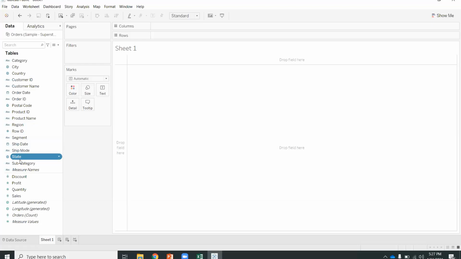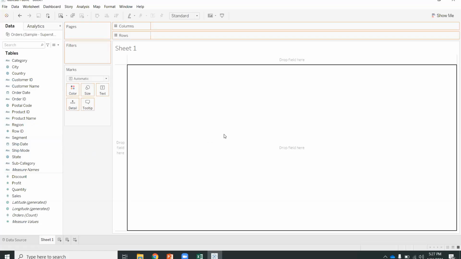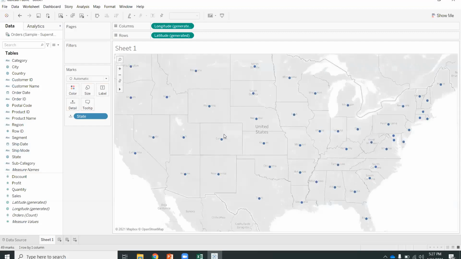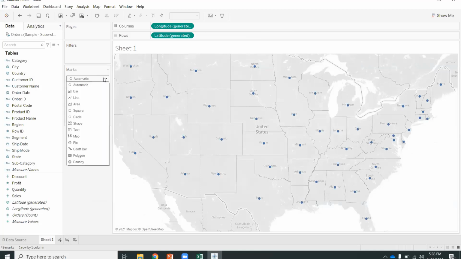Now I just drag this state field and put it in the center. It automatically creates a chart, a map chart. So now you can say this is the USA map, where you are able to see each state with the details. Now let's say you don't need a dot,